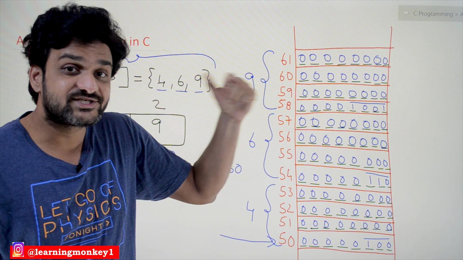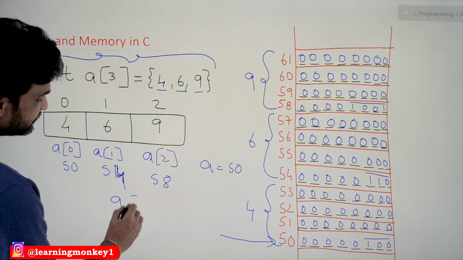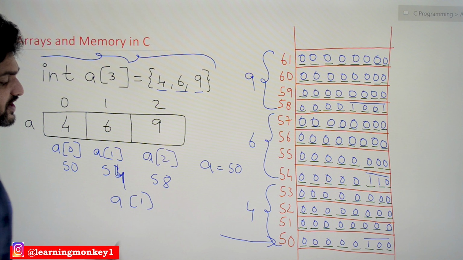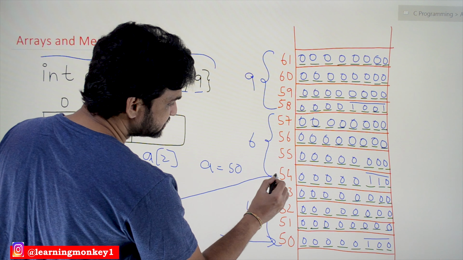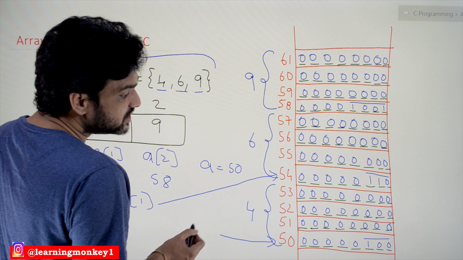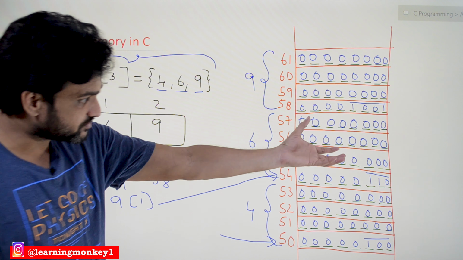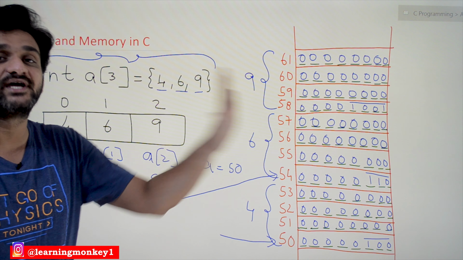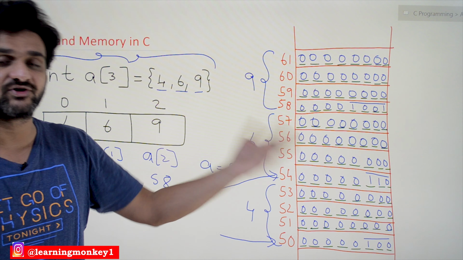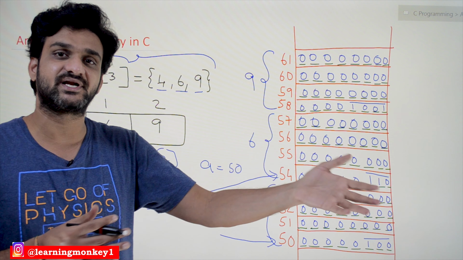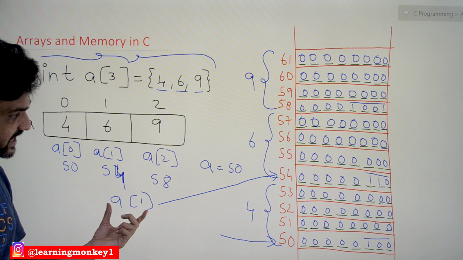So the next question that we are going to get is, whenever we are trying to access the elements of an array, for example, if I want to access a of 1, immediately what happens is we are going to go to this location, and all the 4 bytes of data will be accessed, and it will get converted into a decimal value, and the remaining calculations will be done.